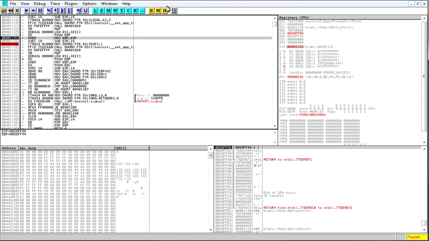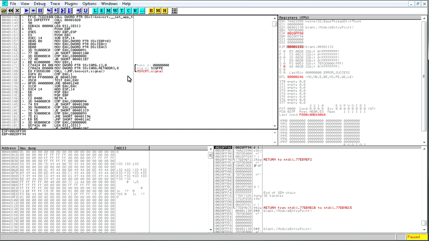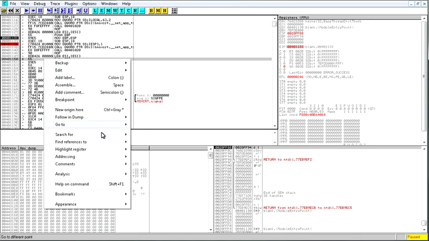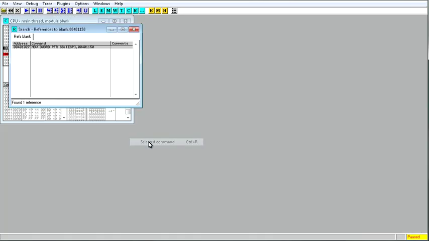So first thing you see here is there's not a whole lot of color going on. We do have this little guy here. The money symbol means that there is something in this program that calls this location, and if we right click and do find references to selected command, we see that, well, it doesn't really call it, but there's a reference to it. It gets moved into ESP.